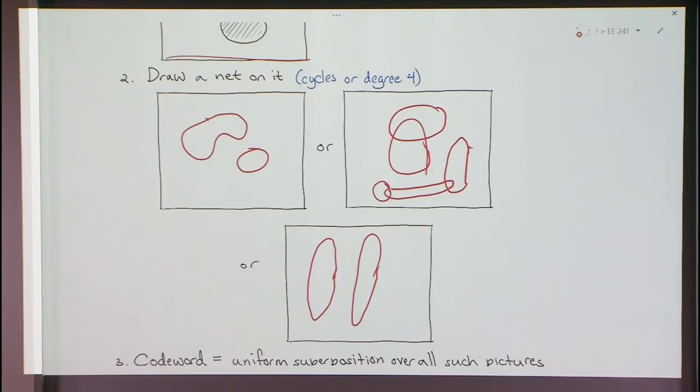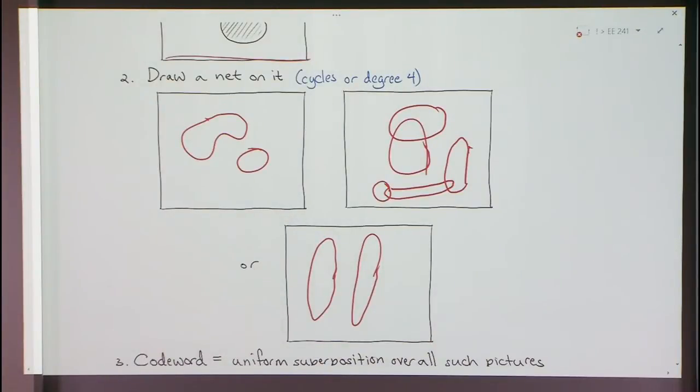There's huge problems here. Because the next thing I want to do is actually take a uniform superposition over all these pictures. So instead of this or this or this, I'll just take this, plus this, plus this, plus this, and so on. And now you can really see the math is sort of problematic, because it's not even clear what the Hilbert space is or anything. But intuitively, this sort of makes sense. You can imagine I have some quantum state that is a massive superposition of lots of these pictures. And that's what the surface code is, essentially.